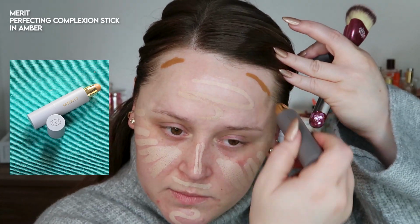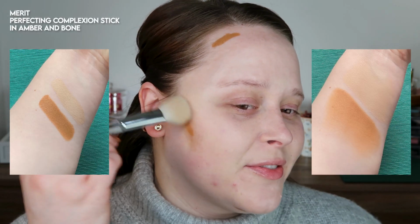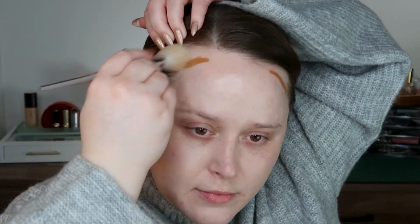Take some of the darker shade. I'm gonna take this e.l.f. brush. This complexion stick goes a little further than I fully expected. I didn't put any of the paler shade down here because I figured I would need to clean up afterwards. And I mean, this bronzer is a lot, so I'm gonna take more of the skin shade and kind of clean up and go over these unfun areas,